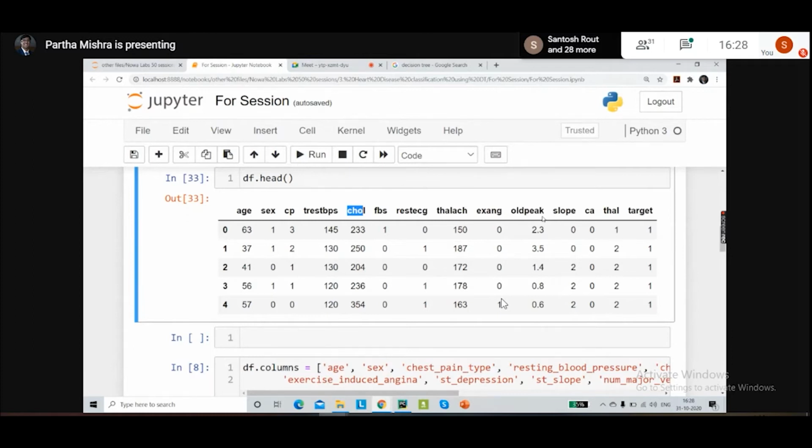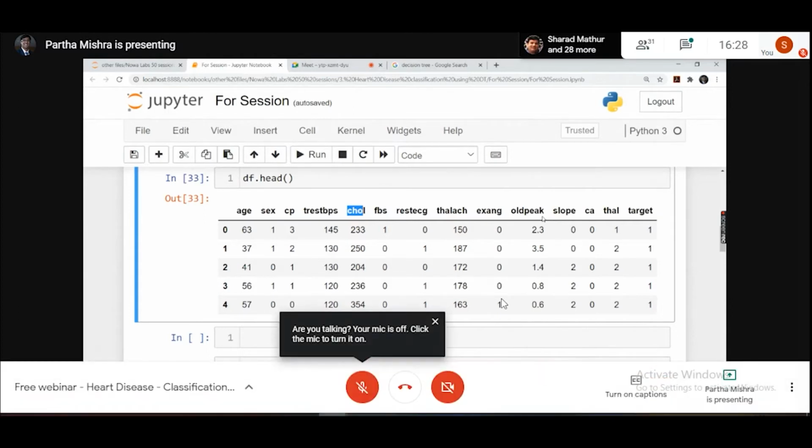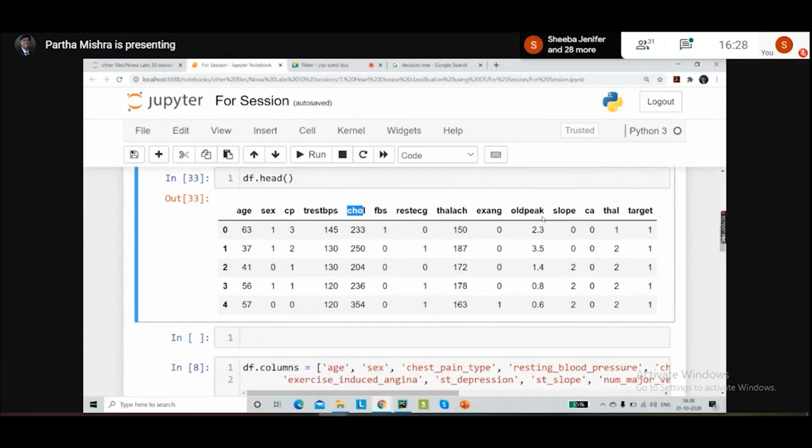So if some of you are really interested in building your career in the medical domain itself, always remember that you have to do a lot of research about your data. If you look at this data, the first thing you should be curious about is what each of these terms means.